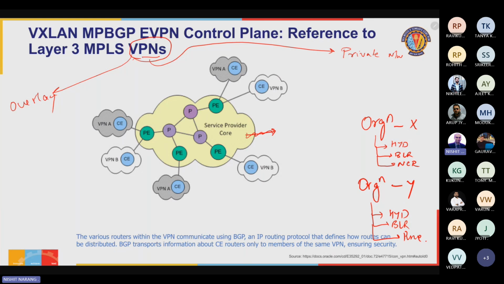they are connected to each other. Okay, so let's say this is Hyderabad, this is Bangalore, this is NCR, and this is Pune locations. Now, the gray organization, which is actually organization X, has its individual networks in each of the three locations. Right? But what I want to do is I want these three locations, this one,